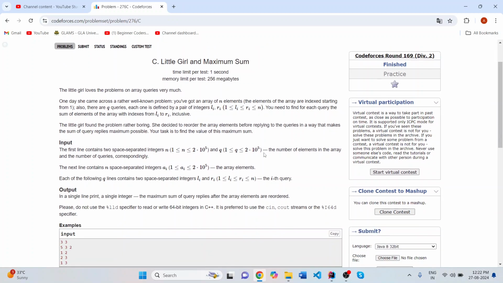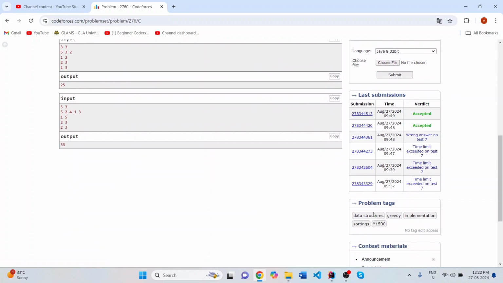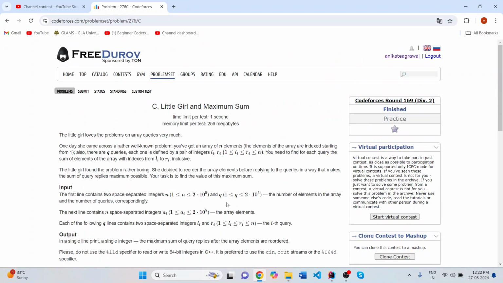This is a tip 2C problem. It is 1500 rated. This is a very interesting question, and also such questions are very common in online assessments